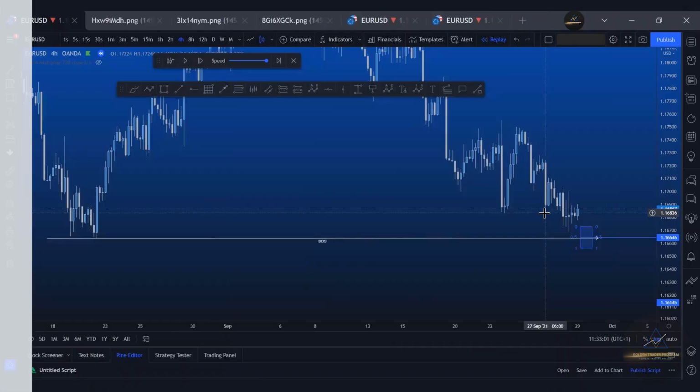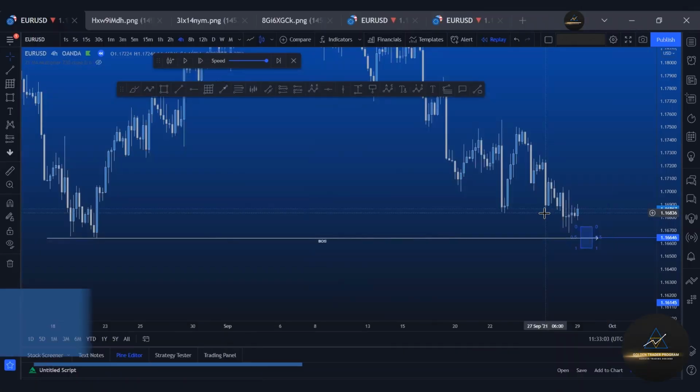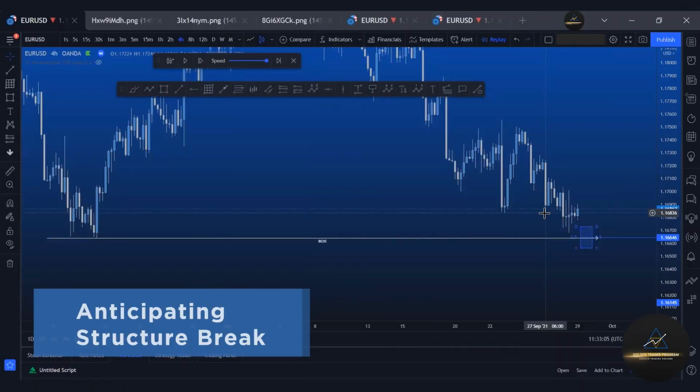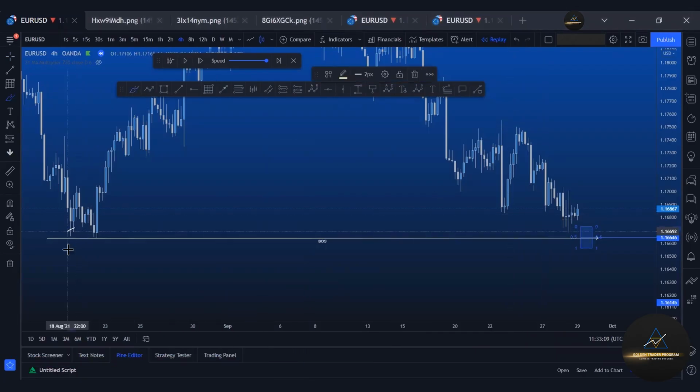Now let's study this boomerang and this breaker structure. There's multiple examples of banker blocks, etc. So with this example, what are we anticipating? We do have a potential breaker structure. We've got bearish momentum,